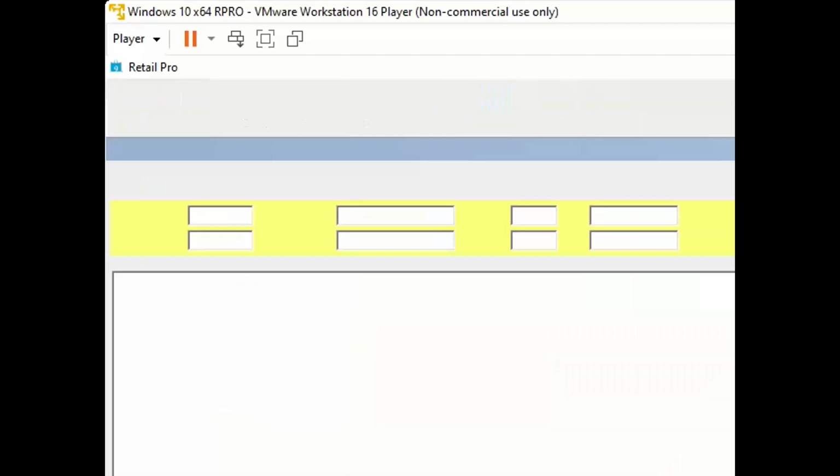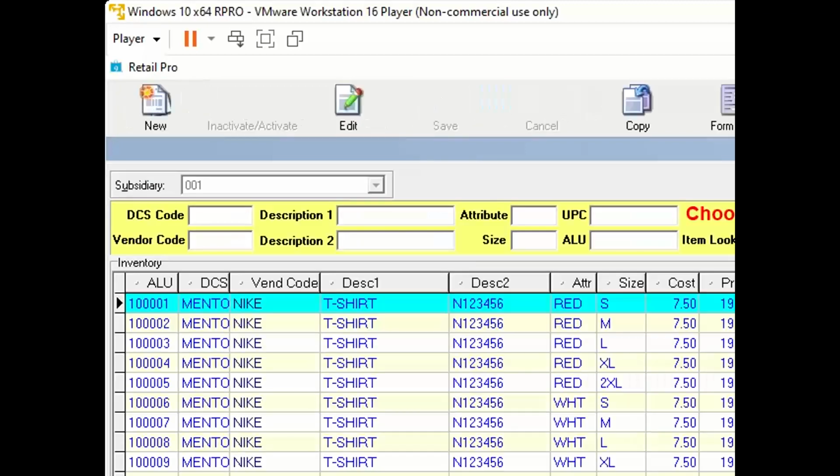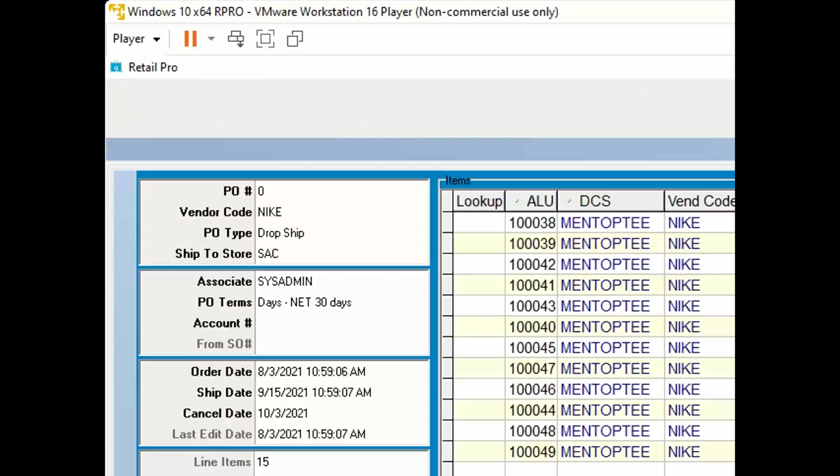Brings me back to inventory, show me the items, and puts them on a PO, right? Boom. So most item creation is done because we are ordering it and we have to buy it and it doesn't exist. Causing the item to be put in on the purchase order, which may be the most important piece